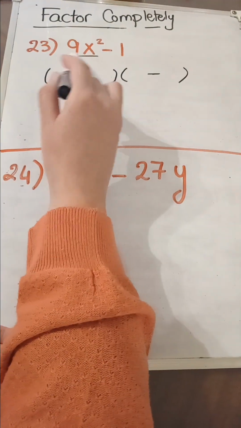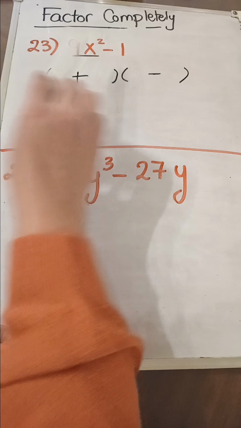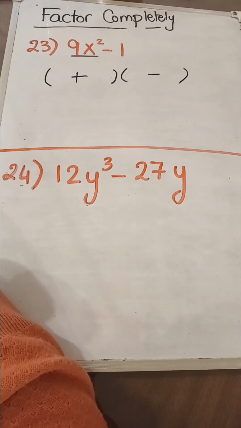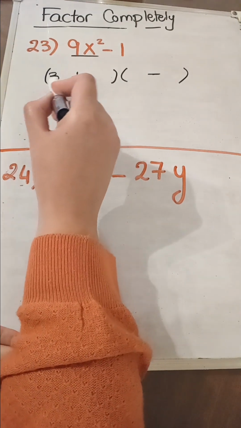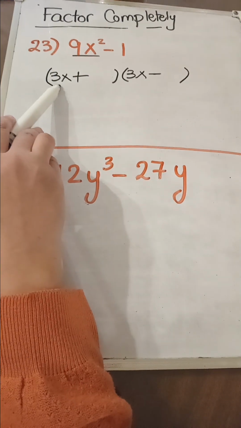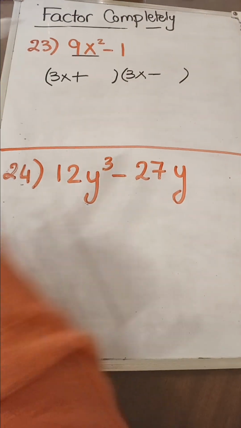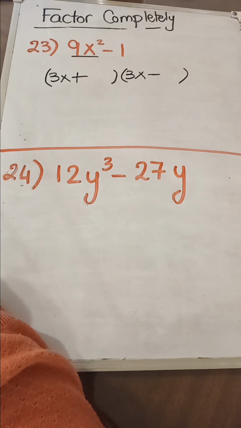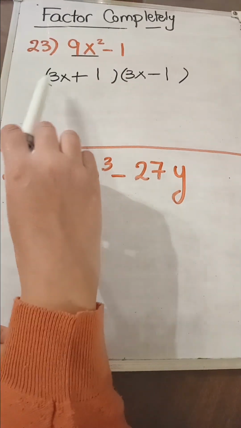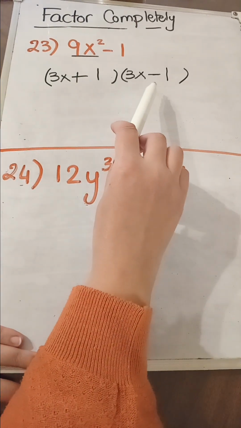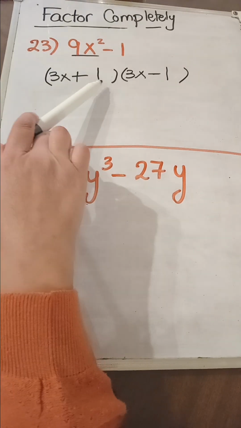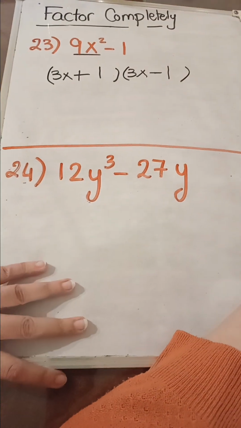I start looking for the first term, 9x squared. What gives us 9x squared? What multiplied by itself gives us 9x squared? You're going to see that 3x multiplied by 3x gives us 9x squared. So I put 3x in the first bracket and 3x in the second bracket. What multiplies by itself gives us 1? You're going to see that 1 times 1 gives us 1. So the factored form for 9x squared minus 1 is 3x plus 1 in parentheses and 3x minus 1 in